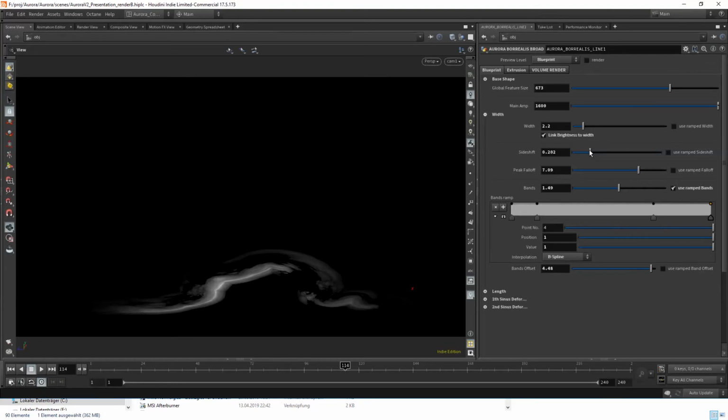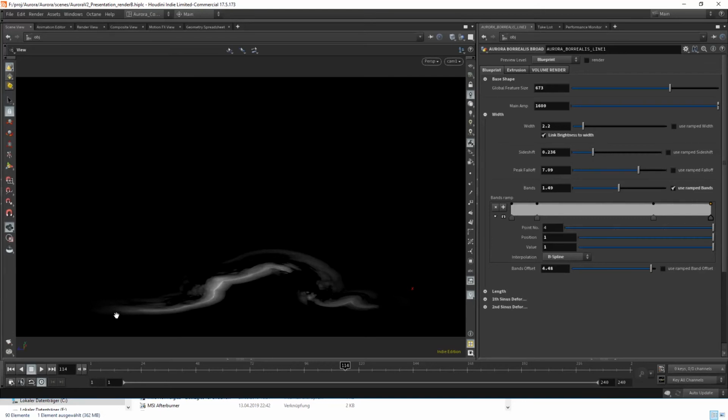And what the side shift does, and I thought about doing an attribute, an approach that gives you more control on certain points in the curve, but I found that this works much better, even though you don't have that fine of a fall off control, but you can actually go and accentuate parts